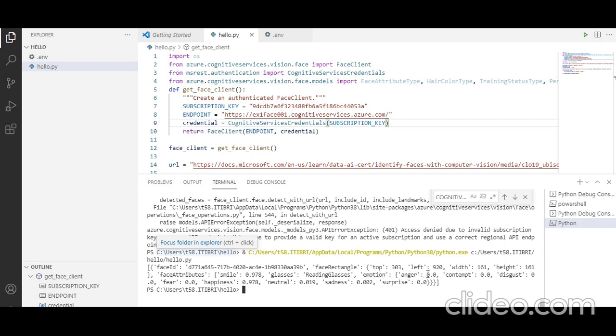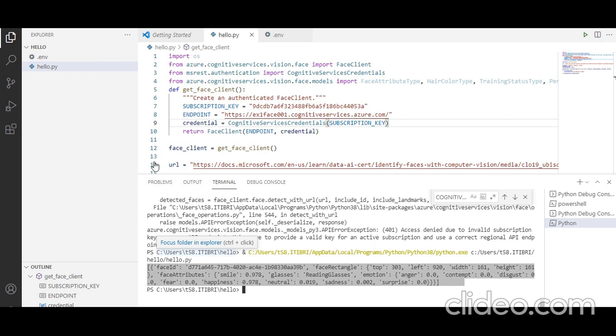There is a score attached to each emotion. For example, happiness has a higher score. So this is the output, and the output is in JSON format.